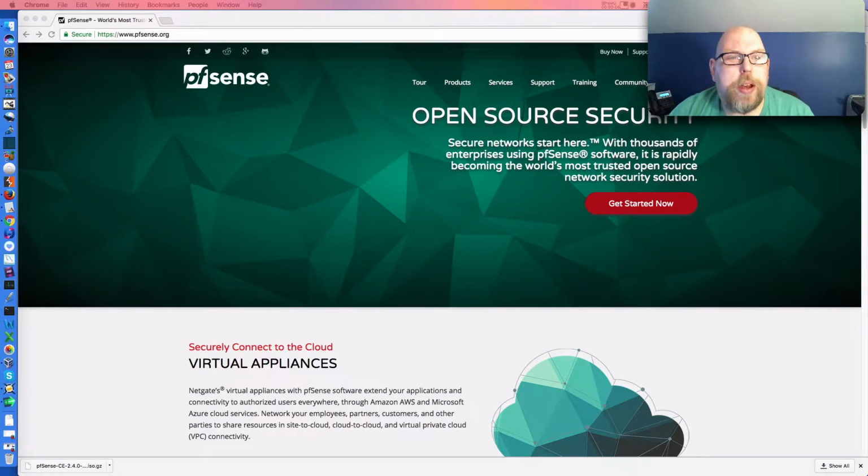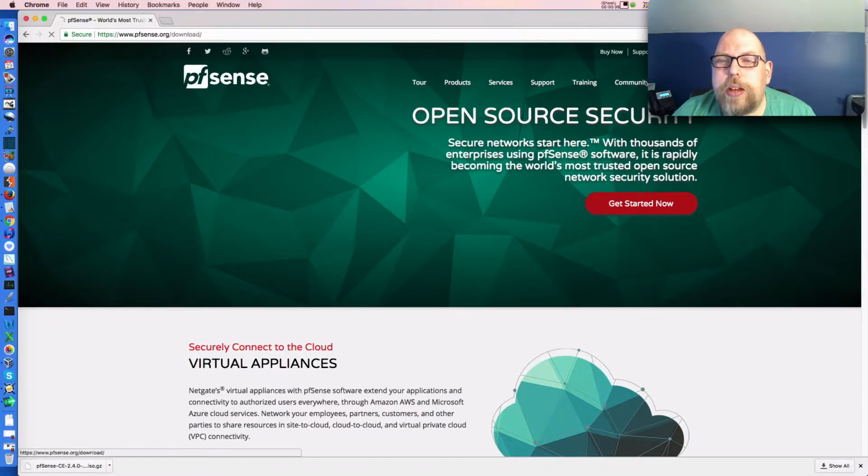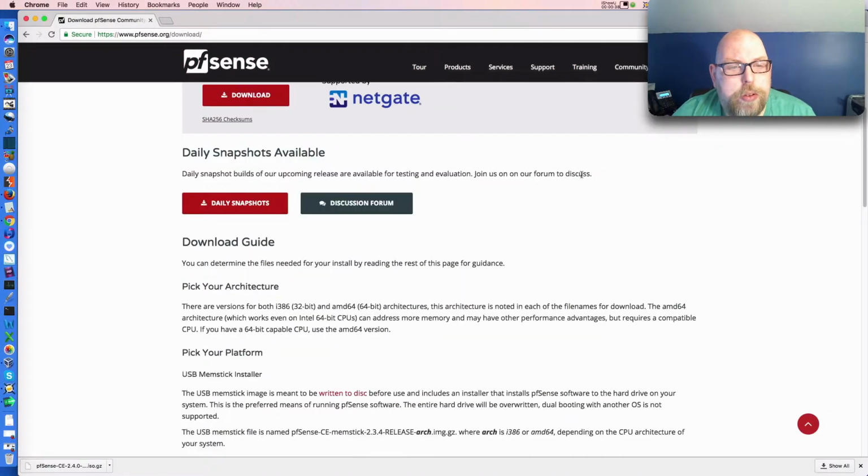Today we're going to be talking about pfSense, which is an open source router firewall distribution of not Linux, but actually BSD Unix. To get pfSense, you'd want to go over to pfSense.org, which you can see on my screen. And today we're going to be looking at the new release candidate for version 2.4. So we'd go to the download link, we'd scroll down. In this case, we'd go to daily snapshots,